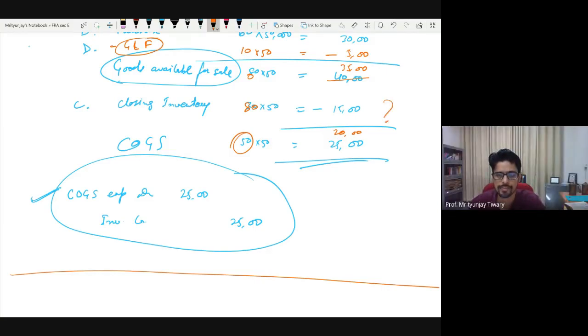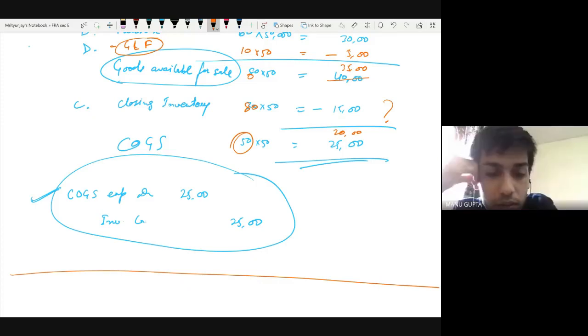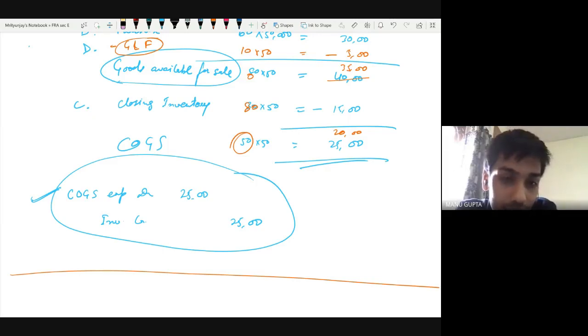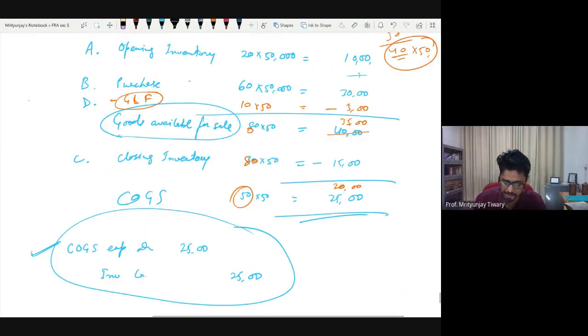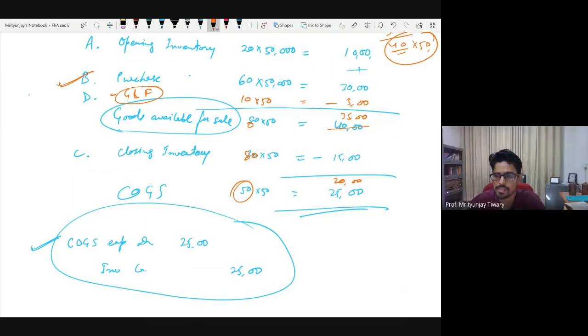That what are you doing? Year has ended, but whatever you had, on top of that you purchased also something, and you are left with everything. So what if the business bought some inventory on the 10th of the month and added it to the stockpile, and the physical checking comes out that they were equal because of that? No, it will get reflected in purchases always. What Manu is trying to imagine is a new situation wherein there is a very recent purchase. My point is that no matter how recent a purchase it is, it will get reflected in purchases. At the end of the day, it is a purchase, right?